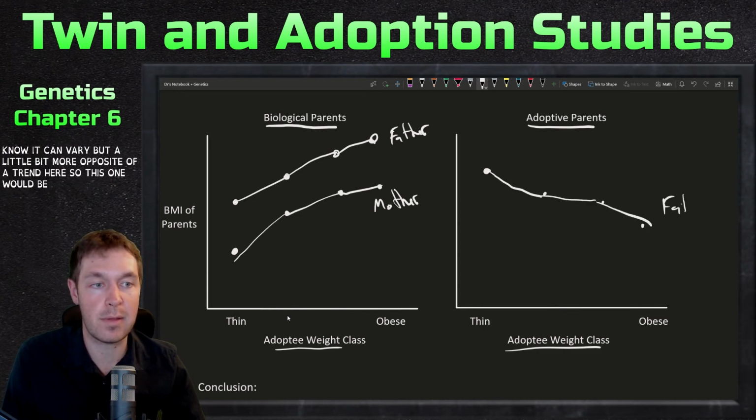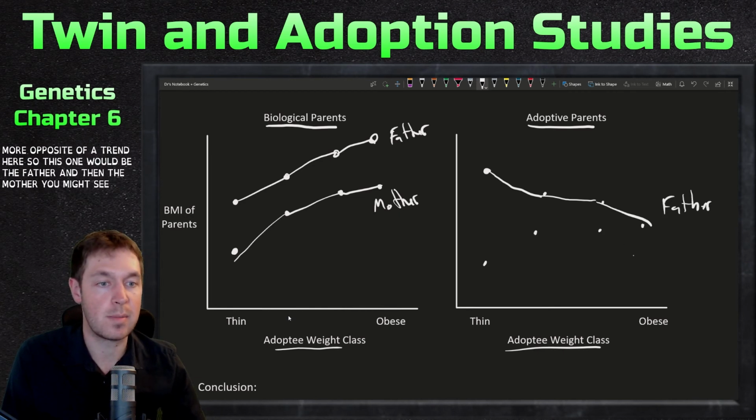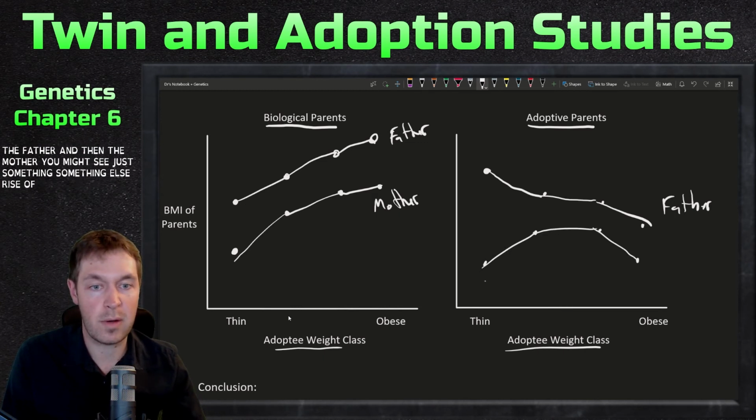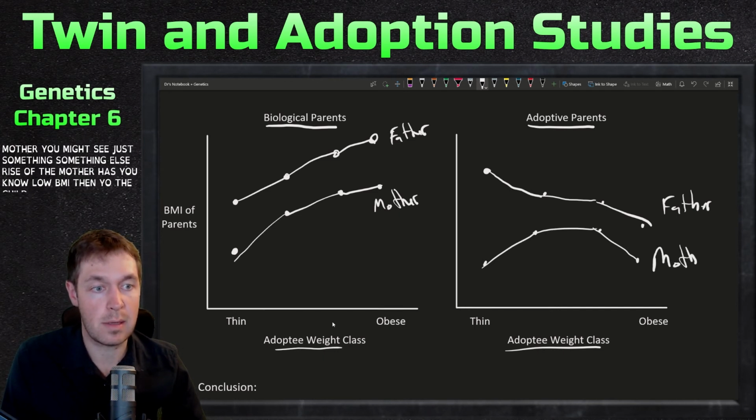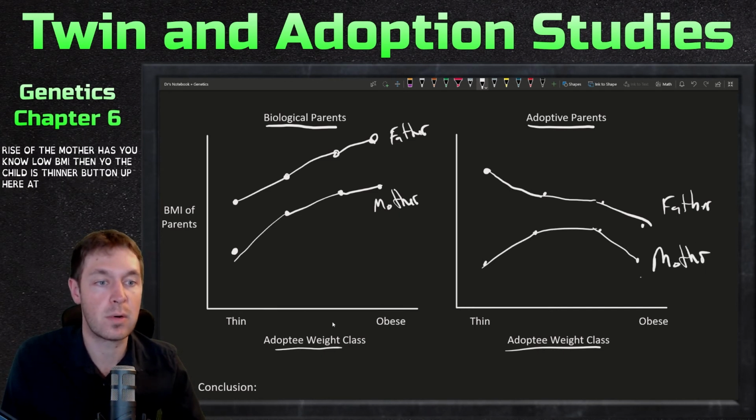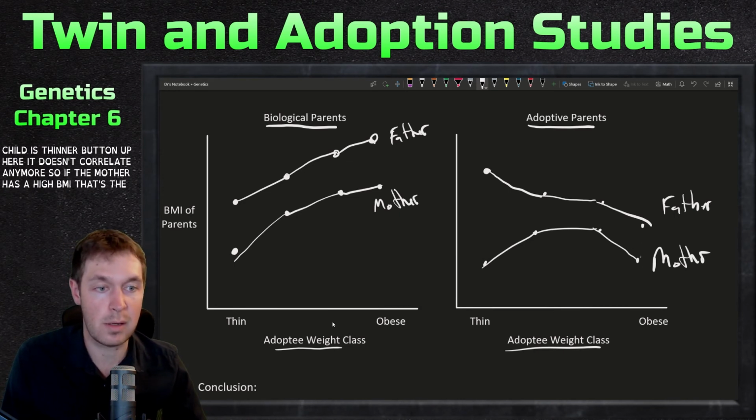This one would be the father. And then the mother, you might see something else. If the mother has low BMI, the child is thinner, but up here it doesn't correlate anymore. If the mother has a high BMI, the child could still be